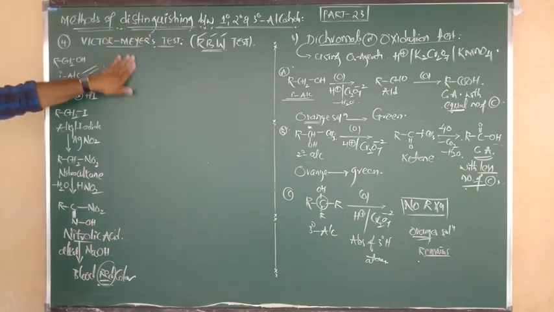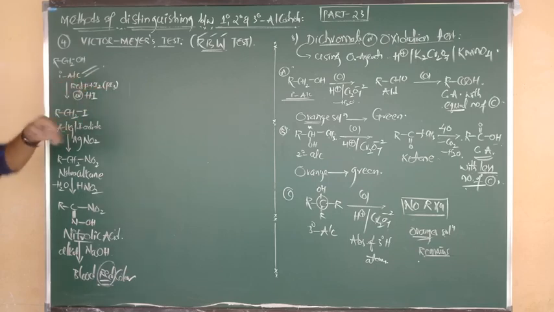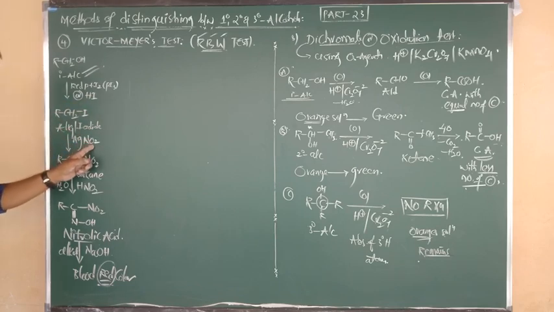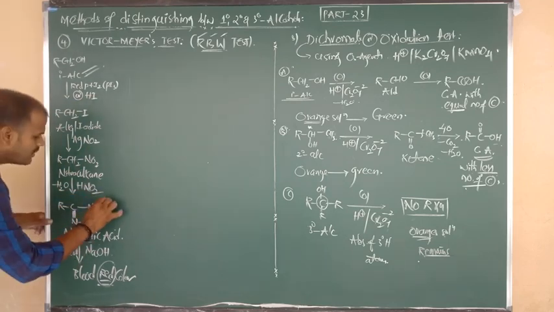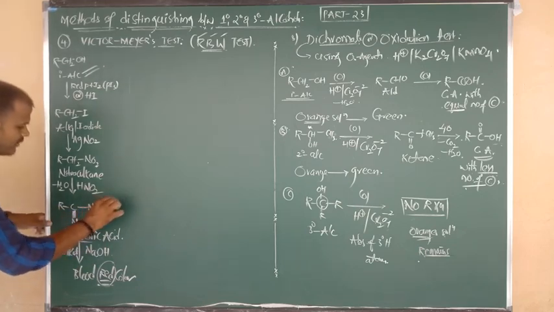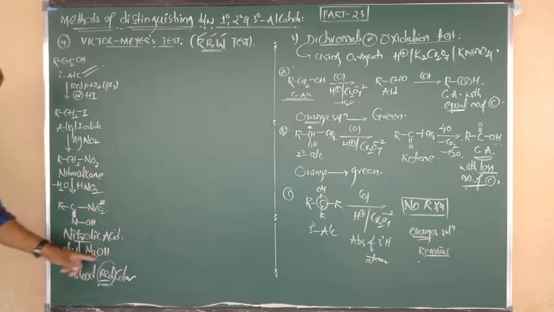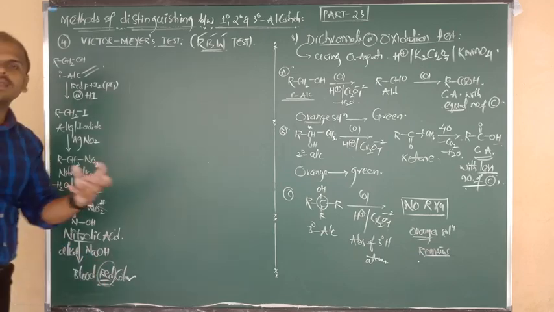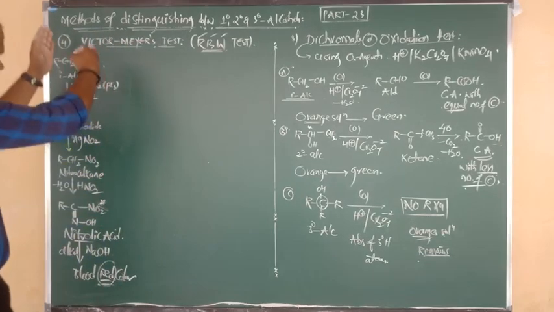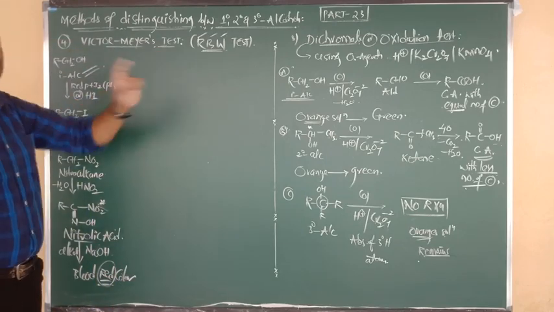Primary alcohols upon reaction with HI, or PI3, or red phosphorus plus iodine, as you wish, give alkyl iodide. It upon reaction with silver nitrite gives nitroalkane. It upon reaction with nitrous acid gives nitrolic acid. Remember this formula, nitrolic acid, very important. Nitrolic acid upon reaction with alkali or any respective base gives blood red color. This is the identification of primary alcohol in the case of the Victor Meyer test.